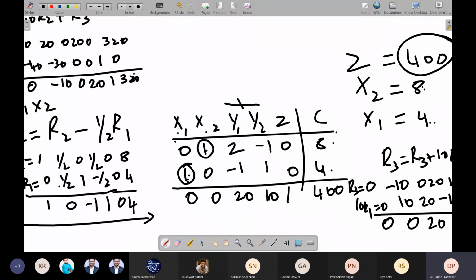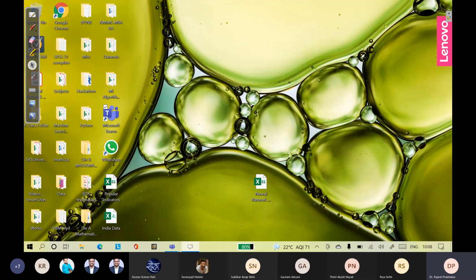So this is the methodology of the simplex method which we use generally for solving problems. Now let us do the same calculation in Excel. All of you can open an Excel sheet.